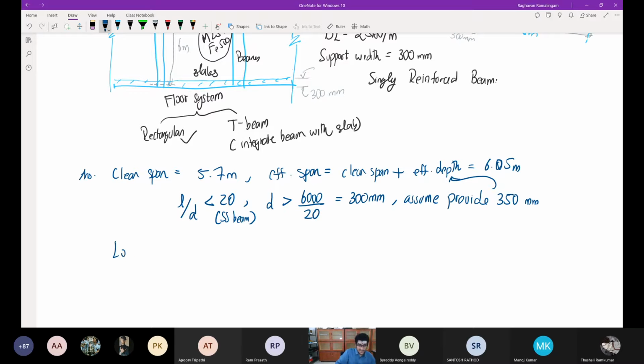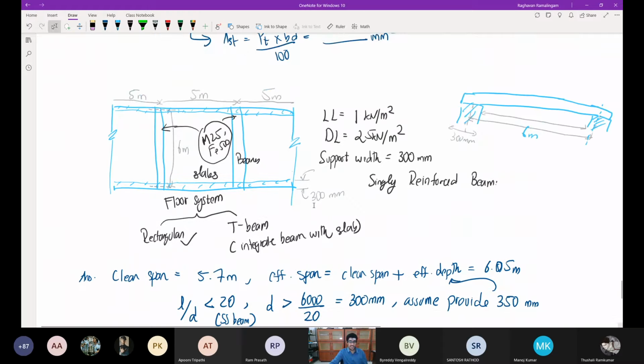The next thing we want to find is the load calculation. Now, geometrically speaking, let's come back to this figure. I want to design one of these beams. Whichever beam I design, it's going to be the same. This floor is such that each beam is spaced 5 meters apart, from center to center, and lengthways there are maybe 2 or 3 more beams in each direction. So the center to center dimensions of this slab is 5 meters by 6 meters.